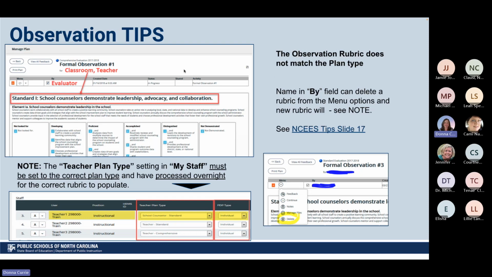Also, when you are observing, you'll notice that their standards appear. If for some reason you go into a situation to observe someone and this does not match their teaching rubric, so maybe you walk in to observe a media coordinator and the teacher standards come up, or you know that you should be looking at a school counselor, but the teacher standards come up, if you have started this plan, you are the one who needs to deactivate that rubric. Then, as long as it is correct in My Staff, set to the correct plan type,